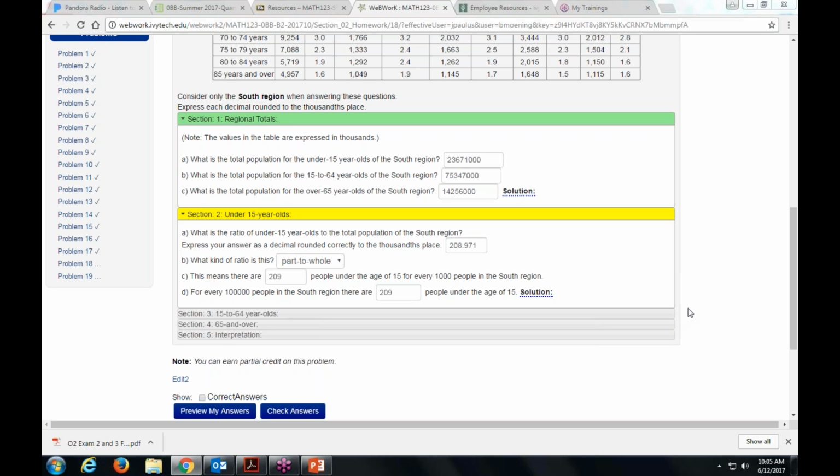So if any of you can give me your total for those 3, adding A, B, and C together in part 1, I want to double check my work. 113,274,000. Yep, okay, so we got the same number. So there's our total. So when we're going then to find our ratio of under 15, I'm going to go